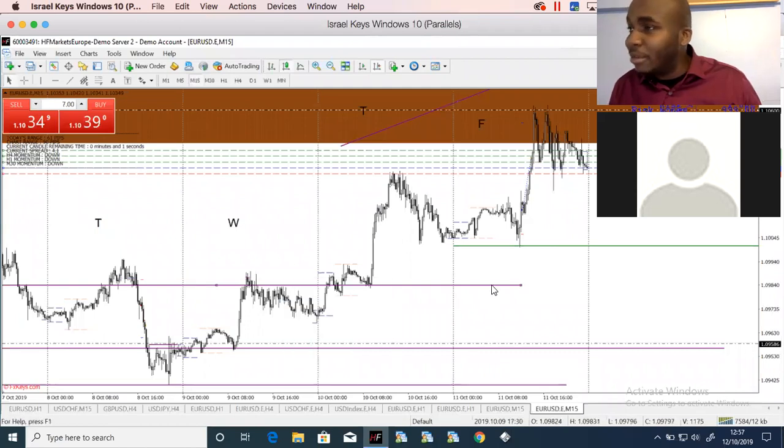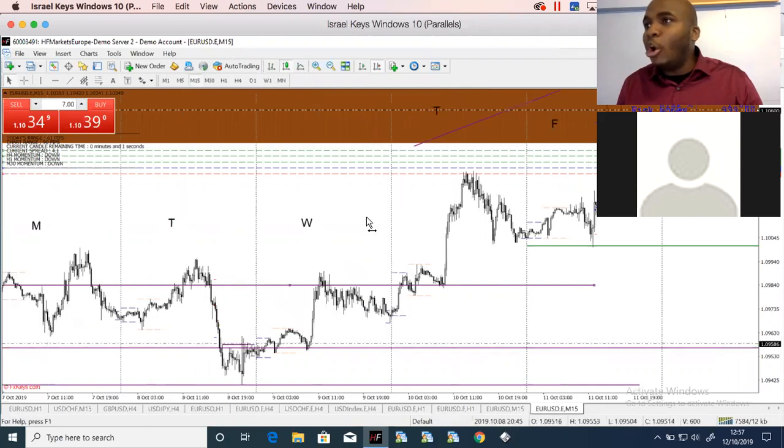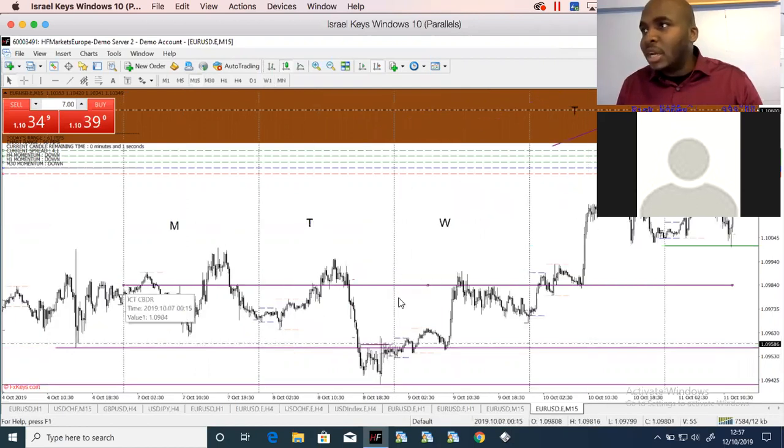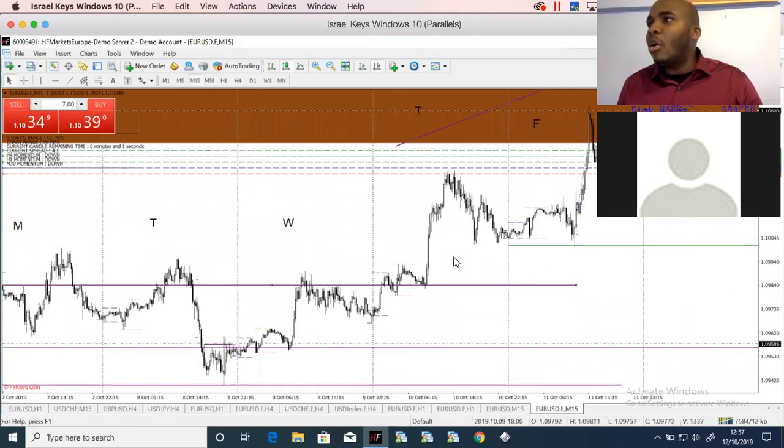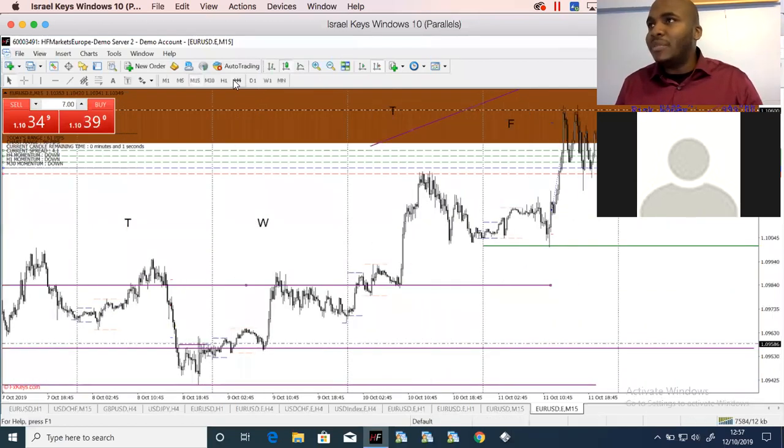Why? Because it's the weekly level. Remember I said, it's a 4-hour level, sorry. 4-hour levels, you respect them. That's the level at which the week opened. Isn't it interesting? Price gets to the level at which the week opened and it starts to retrace. So I'm out here. I come back on a Thursday, allow it to figure itself out, and I repeat the